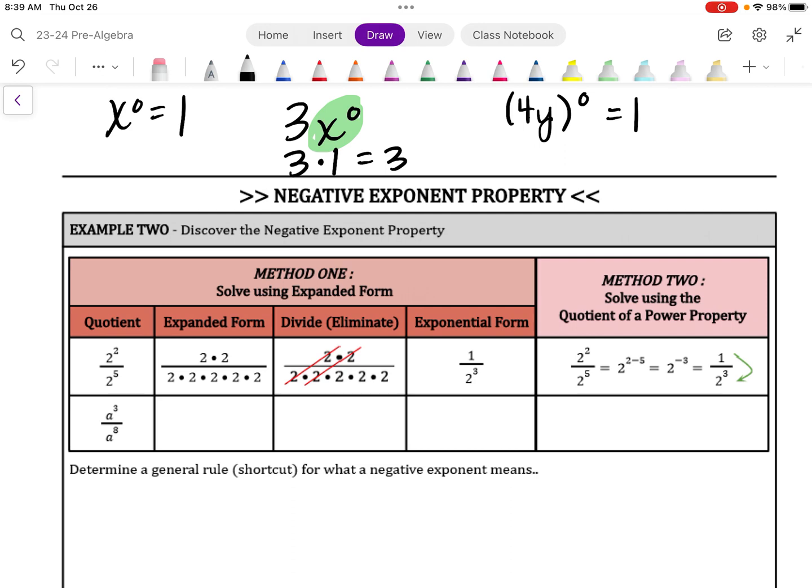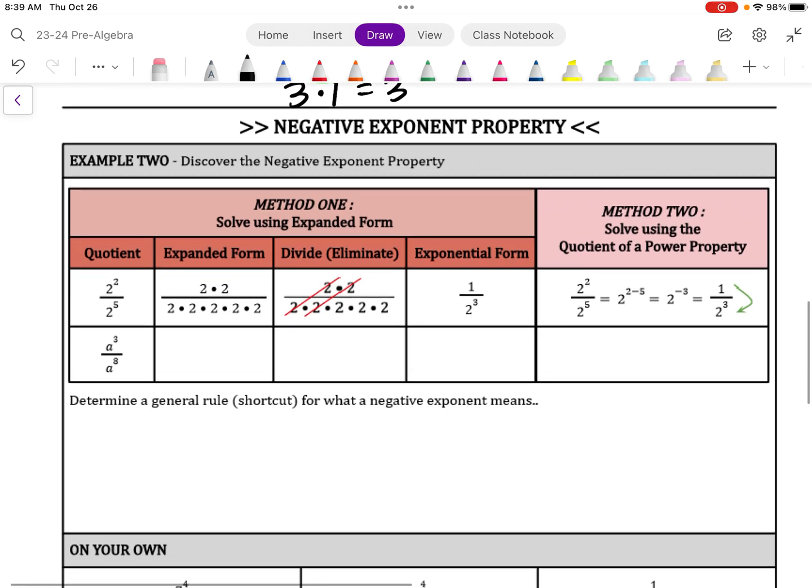This next section is about negative exponents. Sometimes we're going to end up with negative exponents when we do some subtraction, and we're going to make sure that when we finish our answer, we write our answer with a positive exponent. So I've got 2 to the second over 2 to the fifth. And when I'm canceling, so this is our expanded form, 2 times 2 over 2 times 2 times 2 times 2 times 2. And we cancel those 2's, and that leaves an empty space in the numerator,